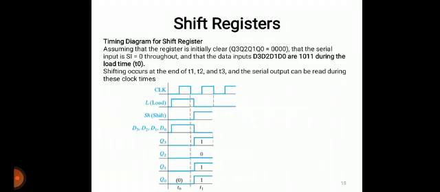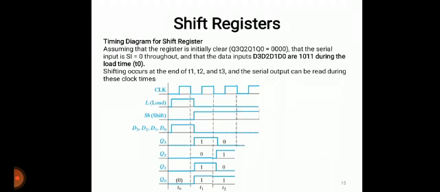And now what I'll do is give the shift signal. Previously it was 0, so Q3 is 0, Q2 will be 1, Q1 will be 0, and Q0 will be equal to 1. And the same thing repeats until the complete data is shifted.